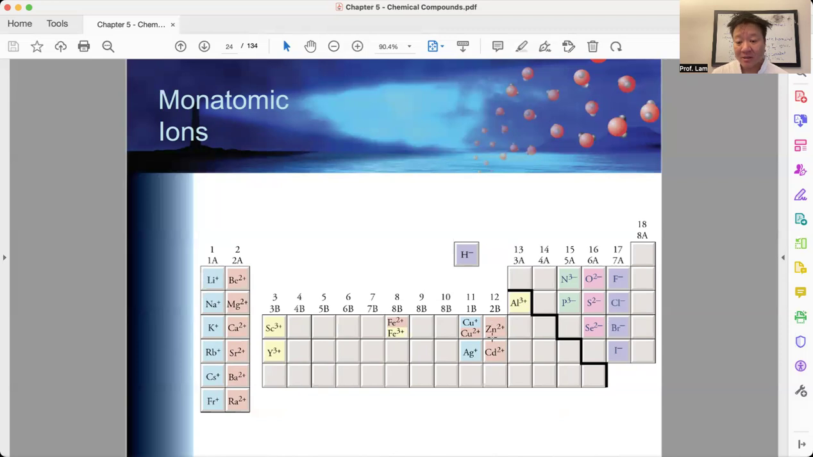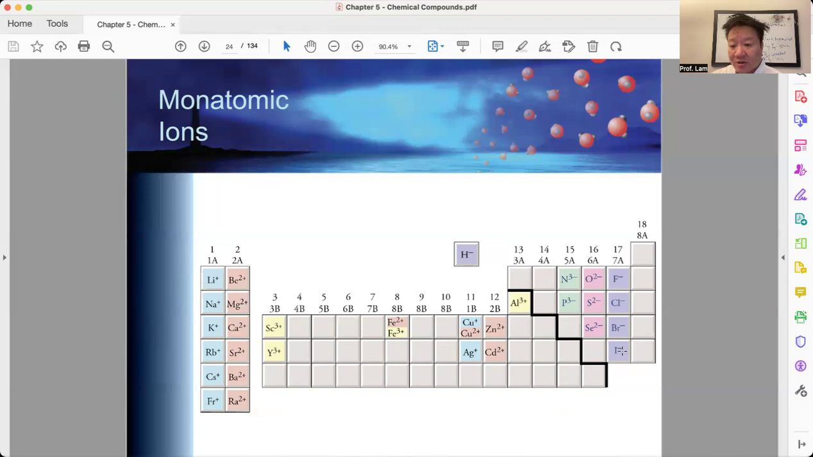Zinc and cadmium also, I should point out, zinc and cadmium are in group 12, or alternatively, it's called group 2B, and that's how I remember that it's 2 plus, okay, both zinc and cadmium, and they will always be 2 plus, no exception, okay? Whereas silver is in group 1B, and so it'll be 1 plus, okay, always. So all of those ones with just the